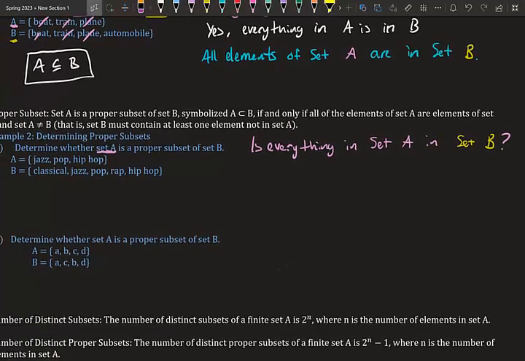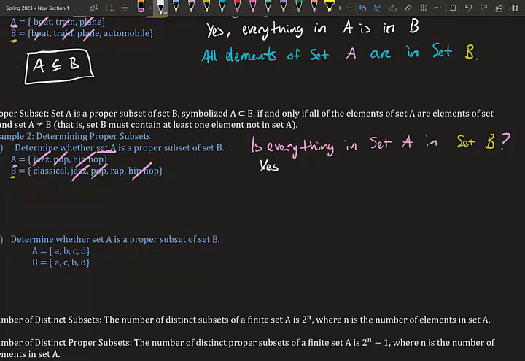So for a proper subset, we're still asking very similar questions. Is everything in set A in set B? That's our first question we're going to ask. So we have our sets A and B. Let's figure it out. We have jazz. Okay, cool, that's in there. Pop. That's in there. Hip hop. That's in there. So yes,